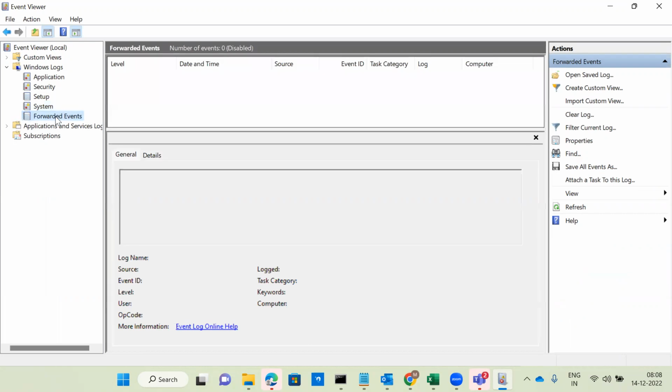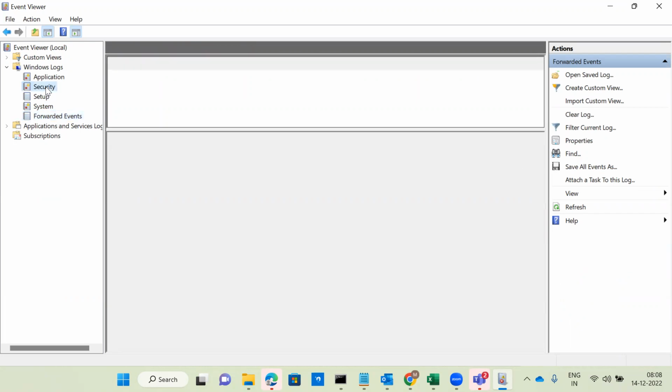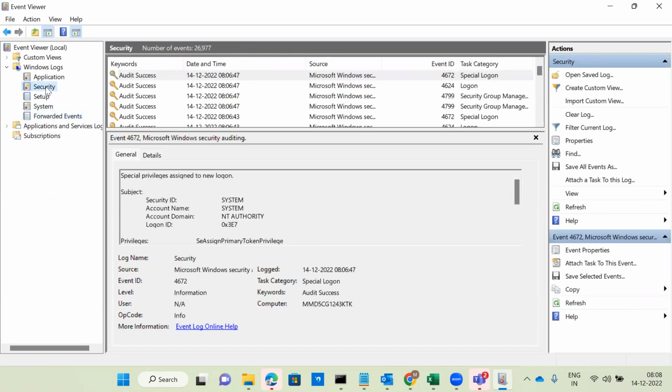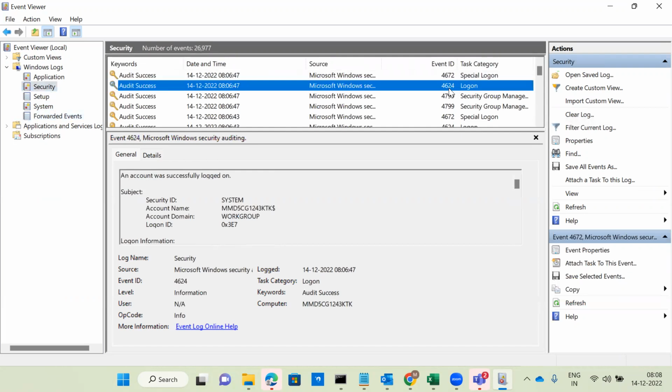This is applicable to Linux as well. You can go and see under security. Security is also called audit, as I said. For example, you can see 4624. What is 4624? We discussed it previously at the time of Active Directory and Domain Controller. Did you remember? Login success. 4624 belongs to login success, and 4625 belongs to failure.